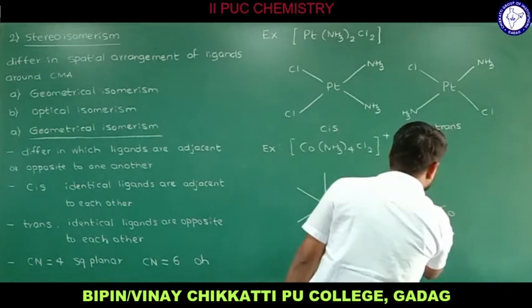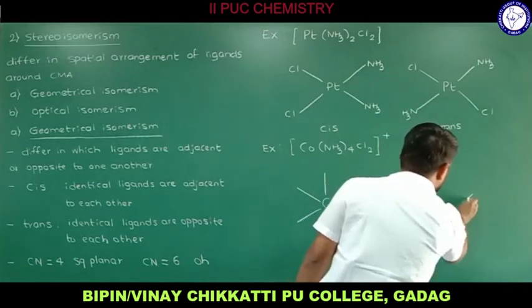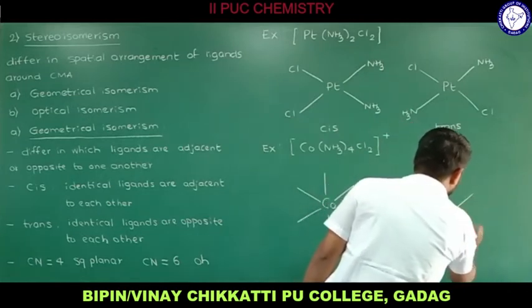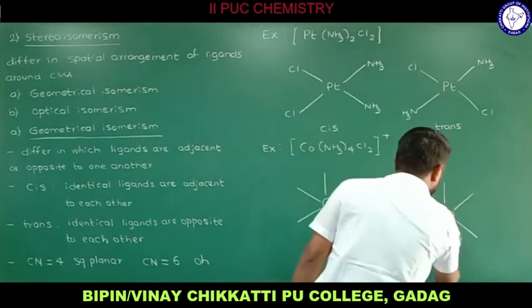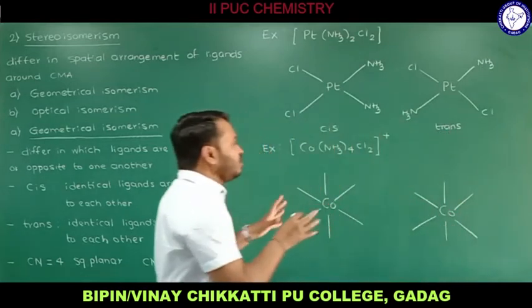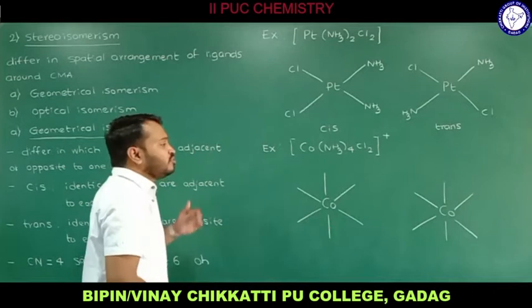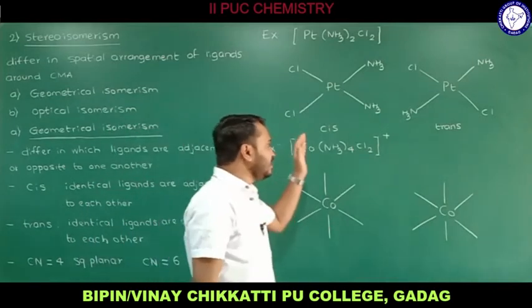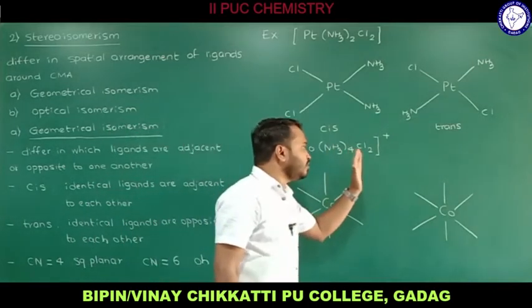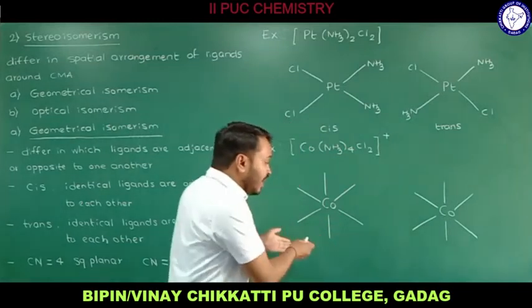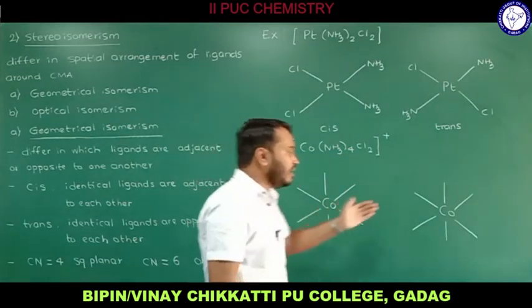So this is one bond and this is one bond. And the third one and the fourth one will be above and one will be below. That is how the octahedral geometry actually looks. Now the question arises: how are we supposed to place 4 NH3 ligands and 2 Cl ligands? First I am going to draw the cis isomer, and next the trans isomer.